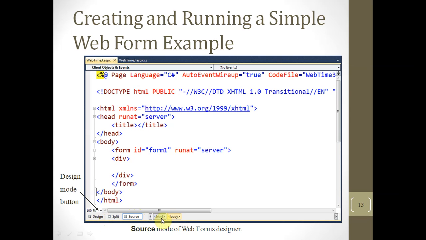This is the body tag and the HTML tag. We can also use this tag. These are the design mode buttons. So you can see here, this time Source is selected, meaning the code is selected under